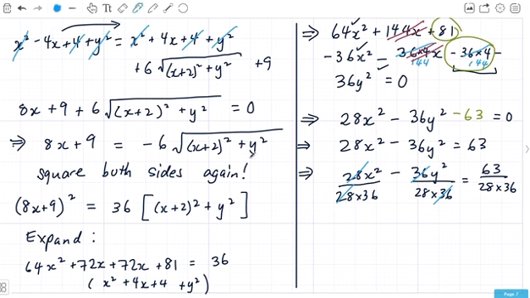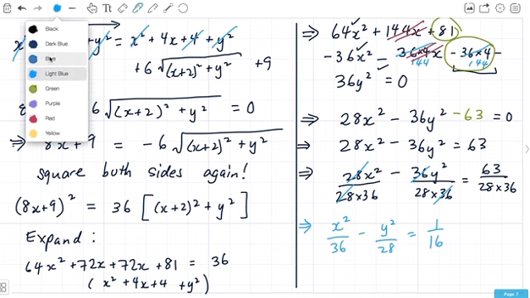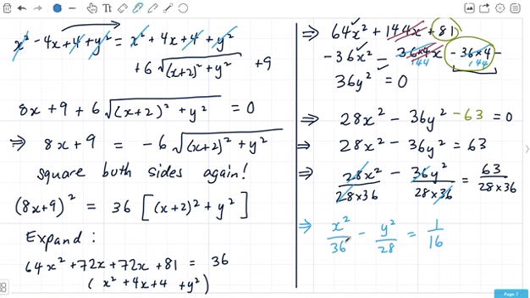I'll do this in light blue. So I've now got x squared over 36 minus y squared over 28 equals 1 over 16. And hopefully that looks a little bit familiar to you as a graph. In fact, what this graph is, it's a hyperbola because it has the negative sign in the middle. And the way that we could write this out so that you can see it as well, I'm just going to times everything by 4